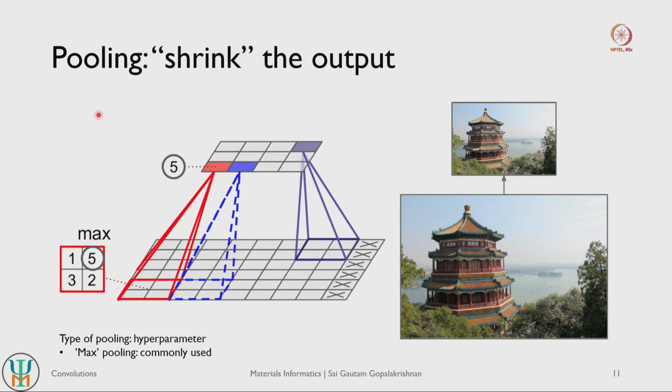Let's now understand the final important operation within convolutional neural networks, which is referred to as pooling. Think of pooling as a way to shrink your output. If you want to reduce the size of this image, or compress this image into fewer pixels without losing key features of the image, you would think of some kind of compression algorithm. Pooling helps you do that in a convolutional neural network. It tries to reduce the amount of information without significant loss as you increase the number of layers in your convolutional neural network.